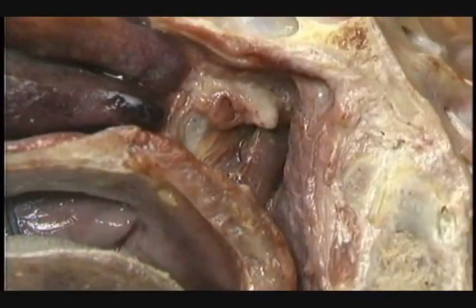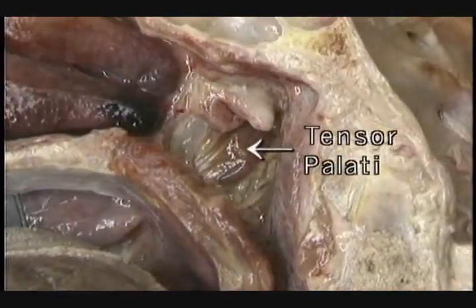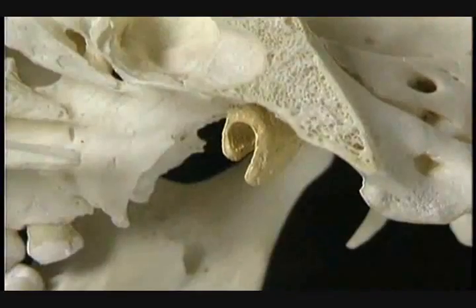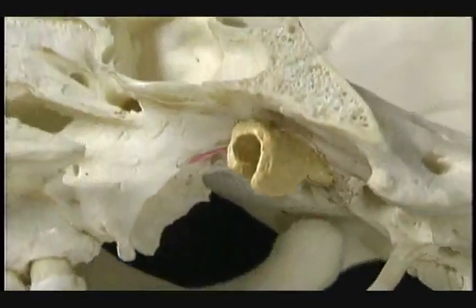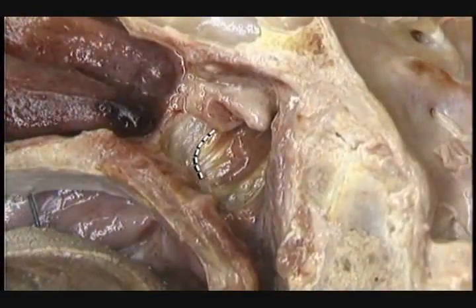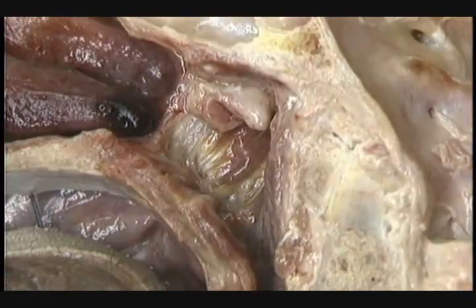To see the tensor palati muscle, we'll remove the levator. Here's tensor palati. Tensor palati arises from this area, just above the root of the medial pterygoid plate. Here's the edge of the medial pterygoid plate. The fibers of tensor palati pass